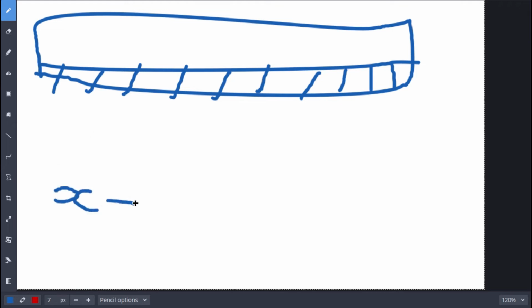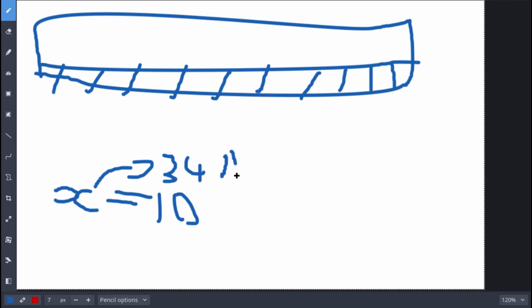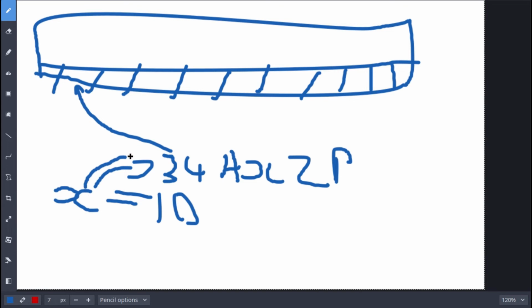So you have the variable x which is equal to 10. The variable x then has a special address, something along the lines of, I don't know, 3, 4, A, X, Z, P, I don't know. It is a similar address to this. This address is where x can be found inside of the memory. So let's say this address corresponds to right here in the RAM. It's the address. Now, when we want to get x, what it usually does is it goes to this address